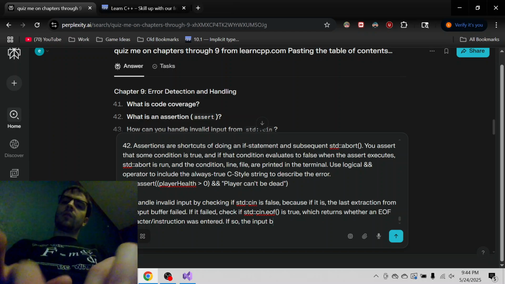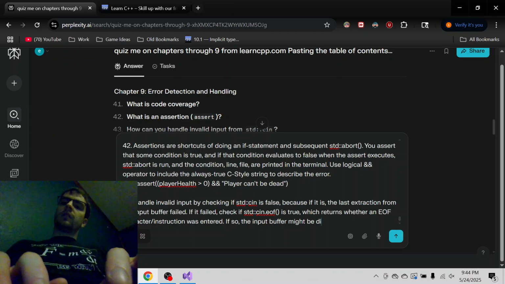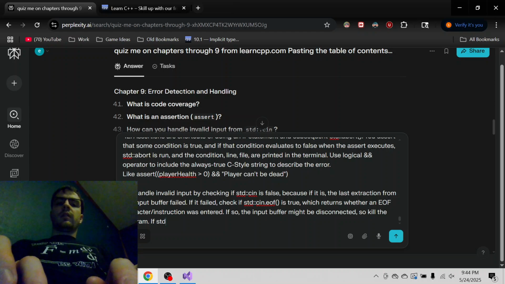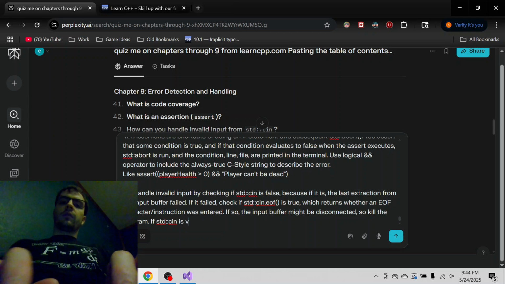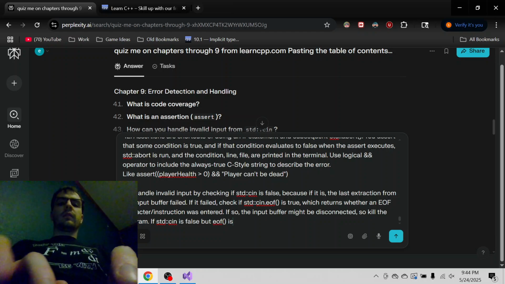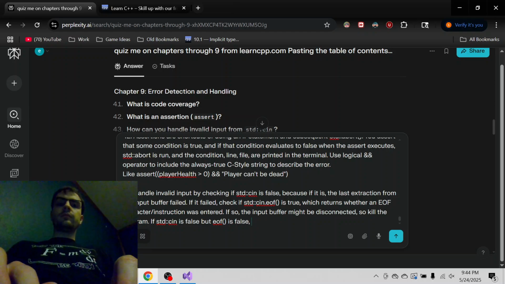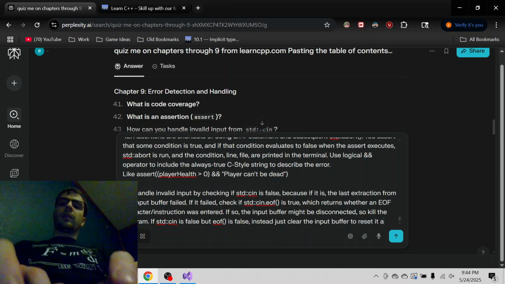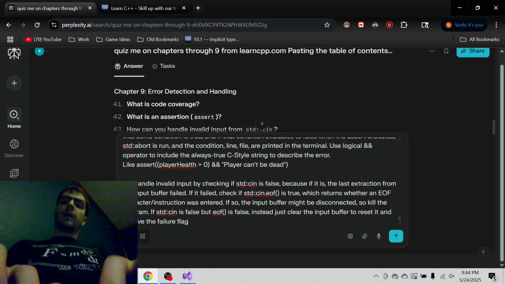If so, the input buffer will be disconnected, so the program ends. If cin is false but eof is not true, or is false,